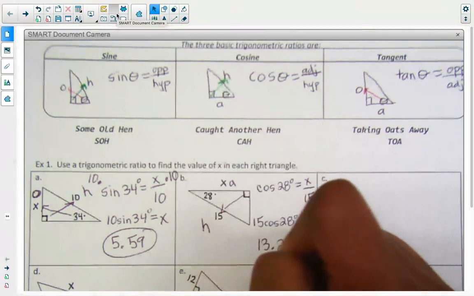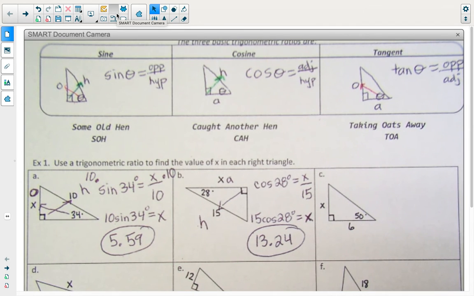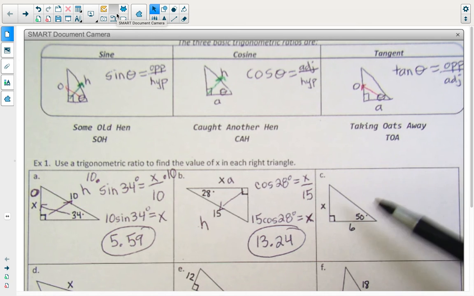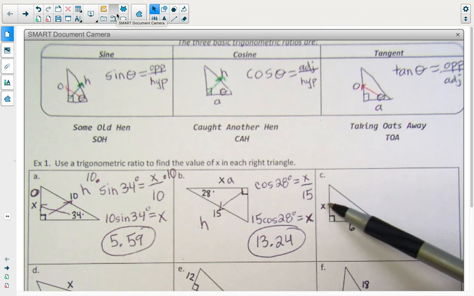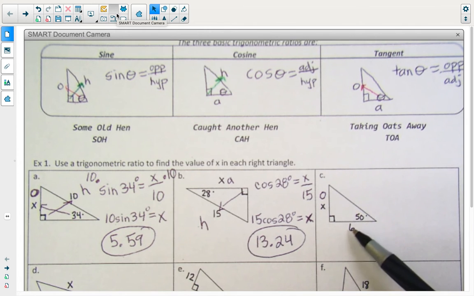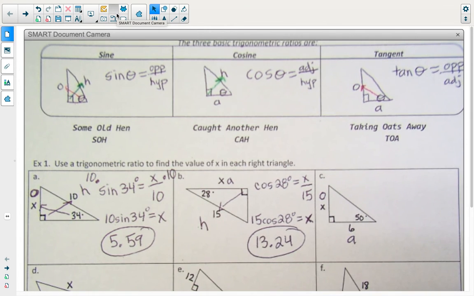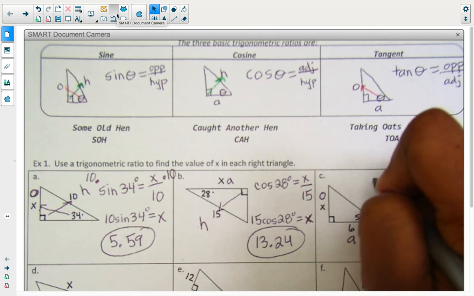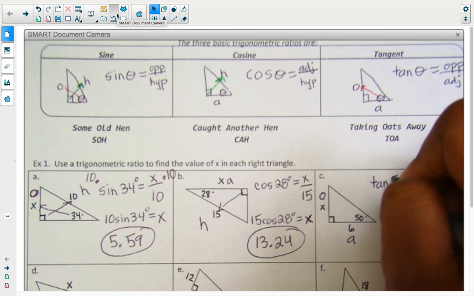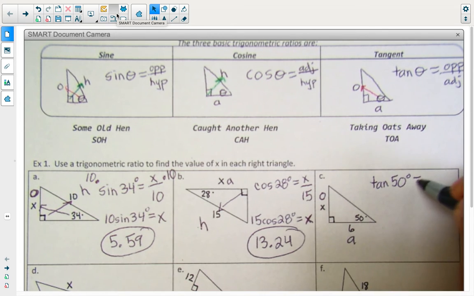So I will write that down. Ta-da. All right, C, let's label what we know. This is 50 degrees. Directly across from that is the opposite side, so I'm going to put an O. This 6 is beside the angle, so this is my adjacent. So which one deals with opposite and adjacent? That is tangent. So our relationship that we set up is the tangent of 50 degrees is equal to the